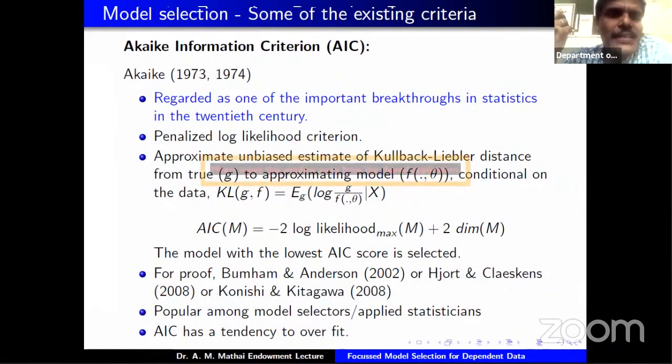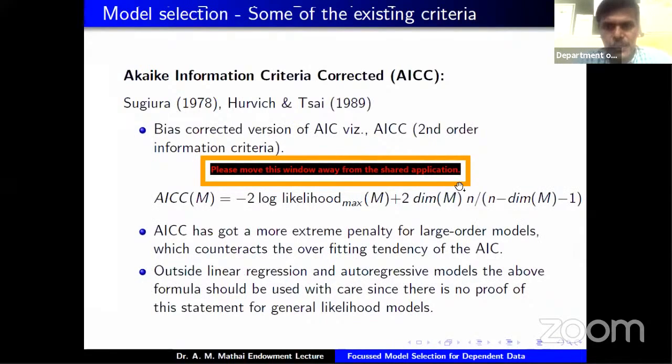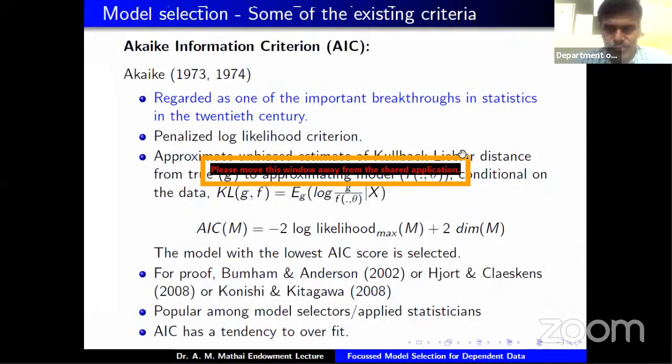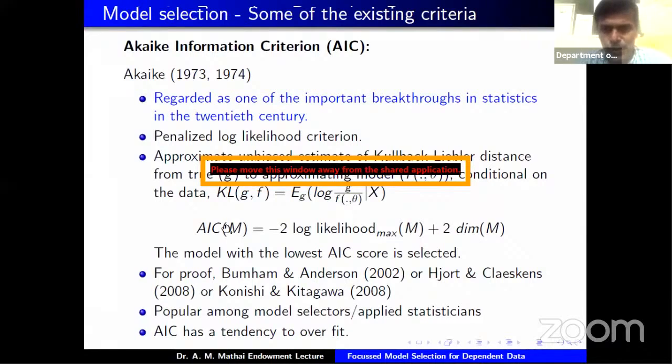So the basic idea there is you penalize the likelihood criterion. You try to have an approximately unbiased estimate of the KL distance, which I have written here. KL(g, f) is that, and finally it leads to something like this, where M stands for the